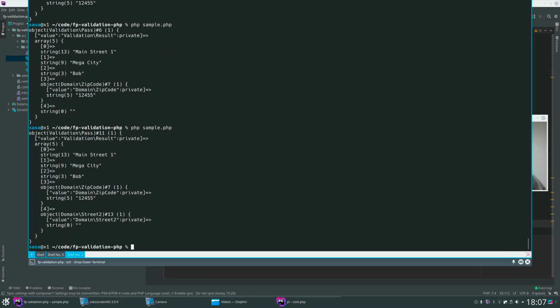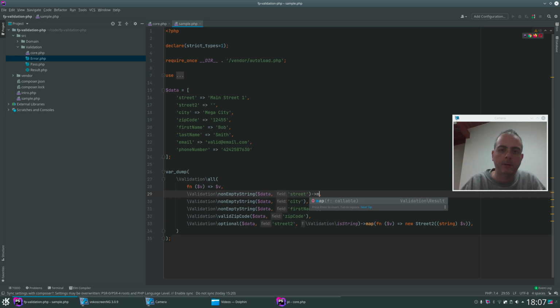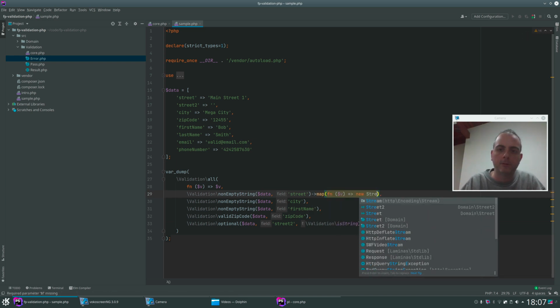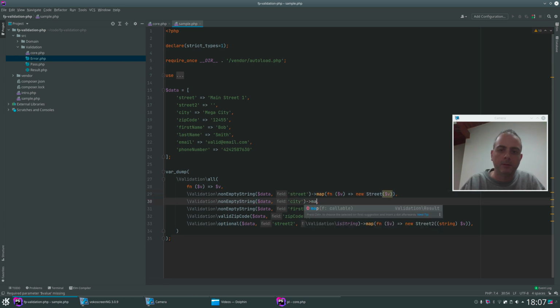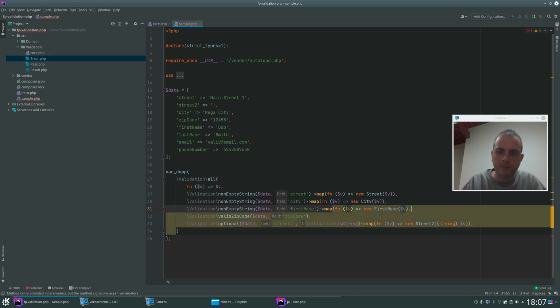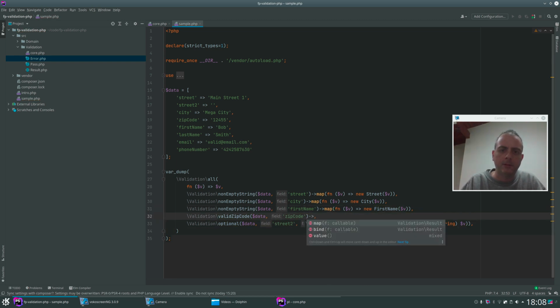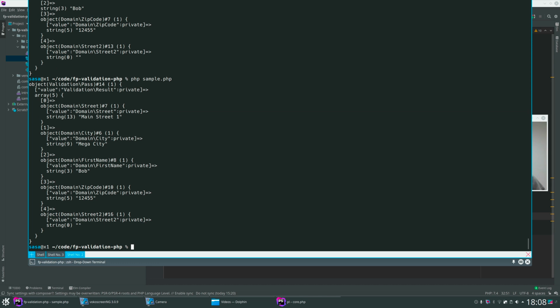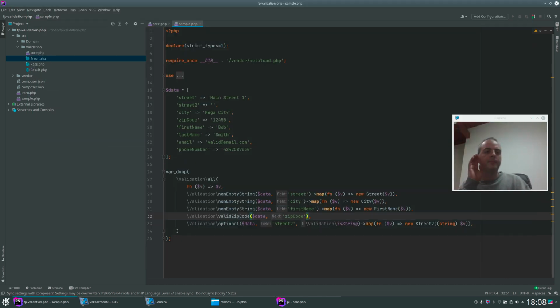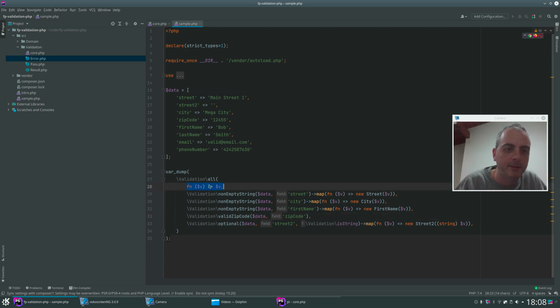So like this, we have a street. Street we can map as well. New street. City. Let's map this also real quick. City, and we map the first name, and it is already a zip code, right? Okay, so we have here all our results. And we have this here, this nice thing. Okay, so